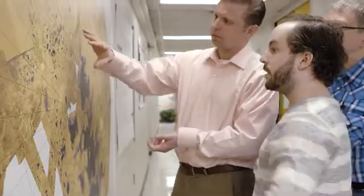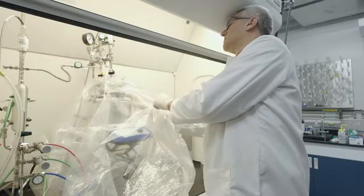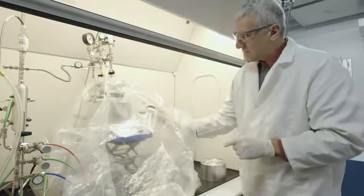Even though we're on opposite sides of the country, Alex and I are researching Titan together. Alex studies the surface, and I test different possibilities in our laboratory. Titan is the only body in the solar system other than Earth that we know to support standing bodies of